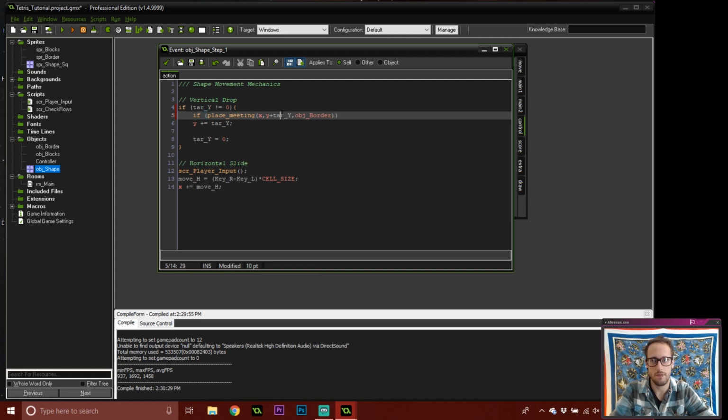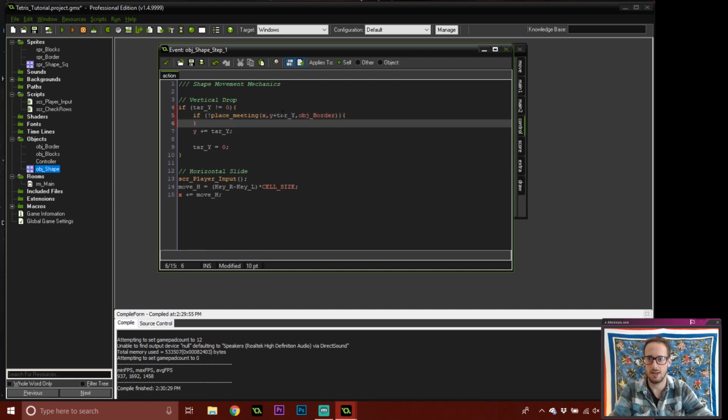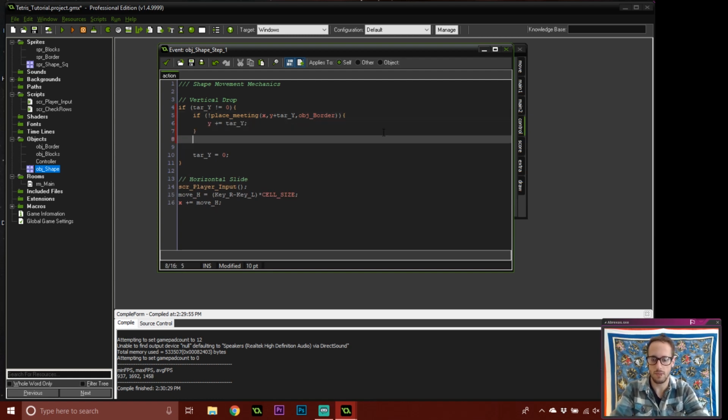I think we want to figure out if it doesn't. I'll check my other code if I need to, but we're going to check if it does not equal that. So if we're not about to hit a border, we're going to apply a motion. Else,